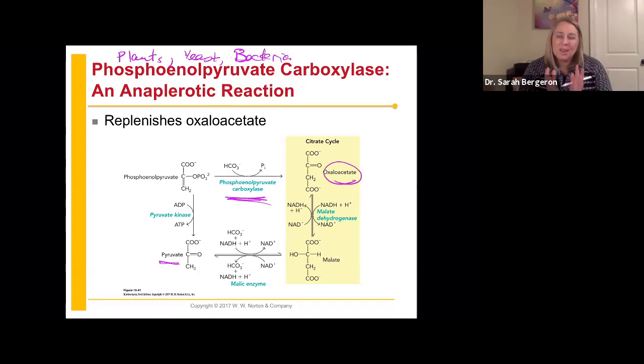I don't want you to think about it as a linear pathway where we have to go through this step to get to that step, right? There are lots of interconnected pathways and ways for us to fulfill the need for either using the citrate cycle or shunting things off to different places. So it's very adaptable and interconnected. Not that you necessarily have to know every single interconnection point, but you have to understand that you can use these substrates for different biosynthetic pathways. And when those biosynthetic pathways need to be shut off and you need to come back to the citrate cycle,